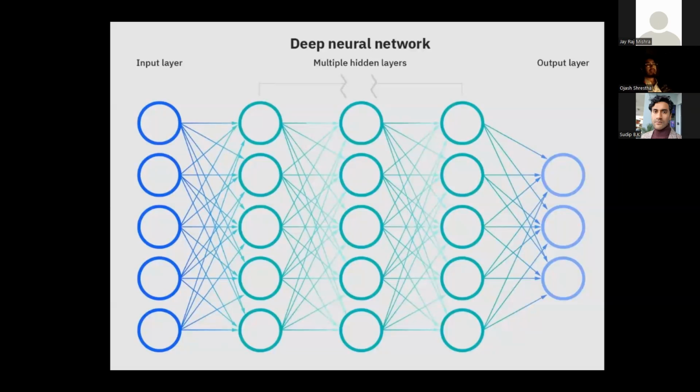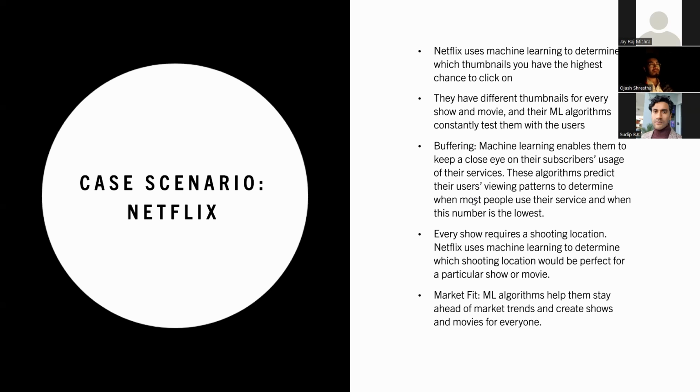And just as I said, in a deep neural network, you've got these input layers, you've got multiple hidden layers. Each of these single vertical layers has a different task, right? You take in input from the previous layer and you process it to a certain extent. Between these hidden layers is the processing, and at the final output layer, you get your output results. These have been in use, and these are the state of the art right now, from Google to all of these FANG companies. They use deep neural networks today.